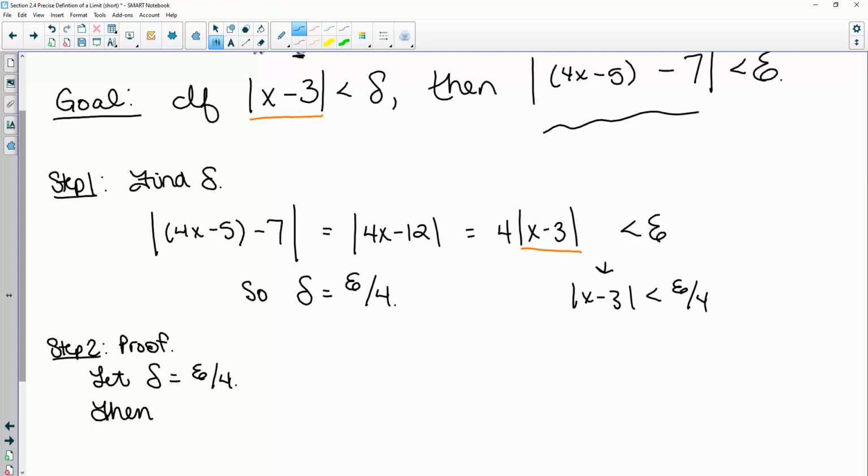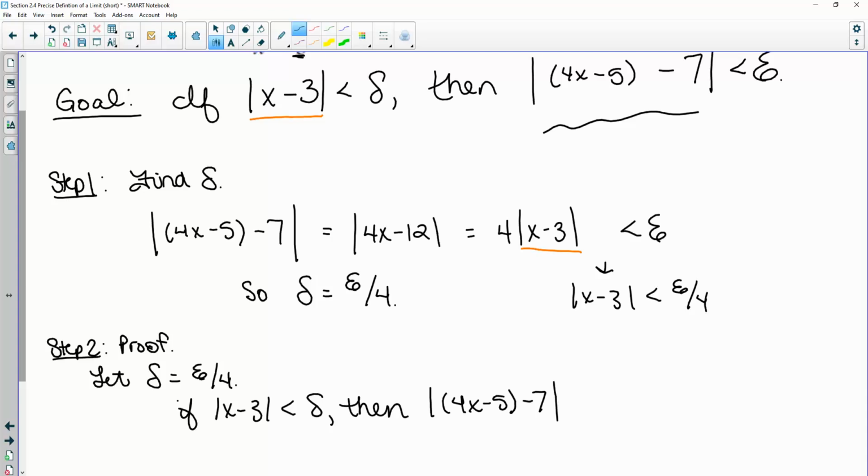And now it's going to feel like cheating, but we're going back to our goal and we're going to basically restate that goal. So if the absolute value of x minus 3 is less than delta, then the absolute value